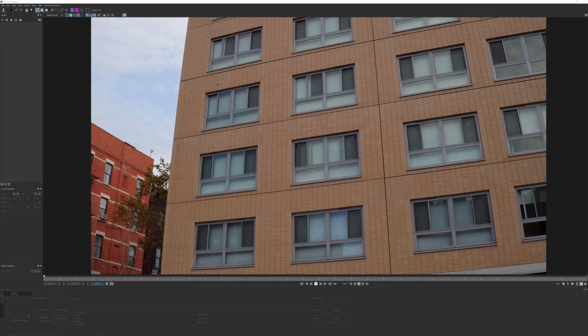Okay, so let's go ahead and try to find some points. I'm going to go right above this seam and then go all the way down to above this window. Right click to close, select all your points, and we're going to pull out the corners to make them sharp. Trying to keep the brick tiles in line. Pull that up a little bit. Pull this one up a little bit too. For the minimum percentage of pixels used, I like to do 80, and auto channel is fine for this, and then we can just do track forwards.